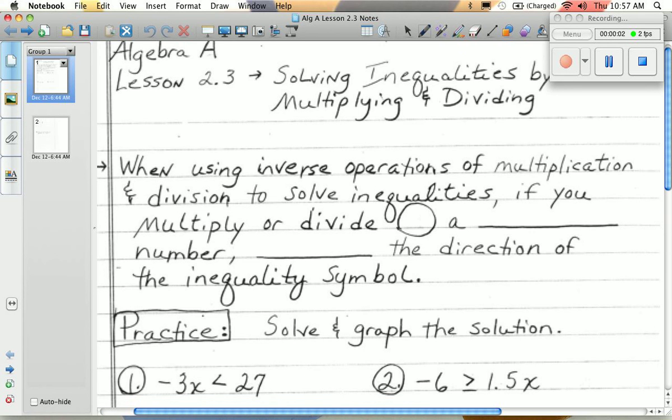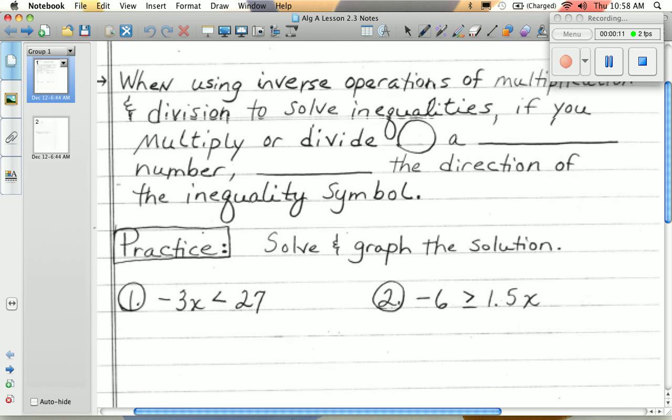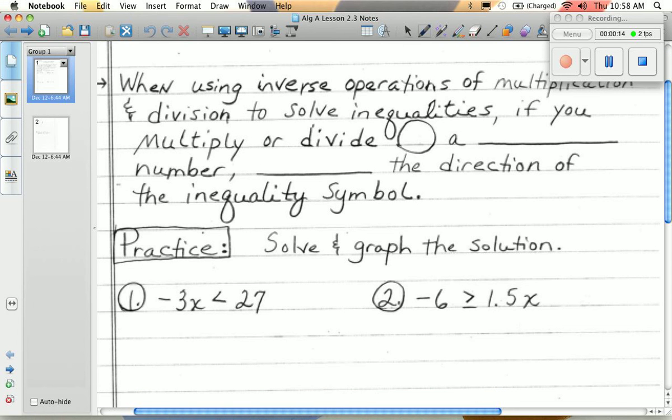Okay, so today when we are solving inequalities, it's going to require us to undo the inequality to get it solved. We're going to have to do multiplication and division. So it says right here at the start, when using inverse operations of multiplication and division to solve inequalities, if you multiply or divide by, and "by" is circled because that's the important word, if you multiply or divide by a negative number,